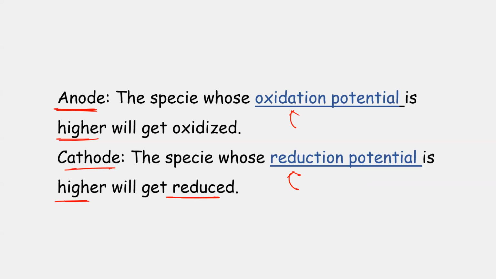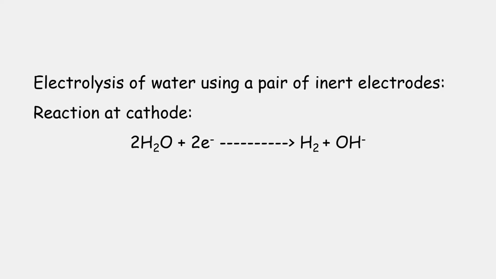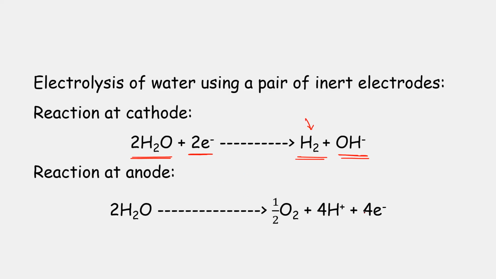Now let's look at what options we have. We will look at the electrolysis of water. What reactions can happen at the anode and cathode? At the cathode, water can react and gain 2 electrons. It will form H2 gas and OH negative ions. Now at the anode, it will be liberating electrons, and this is the reaction that will happen. H2O, this half, will give oxygen. So at the cathode it gives hydrogen, and at the anode it gives oxygen.